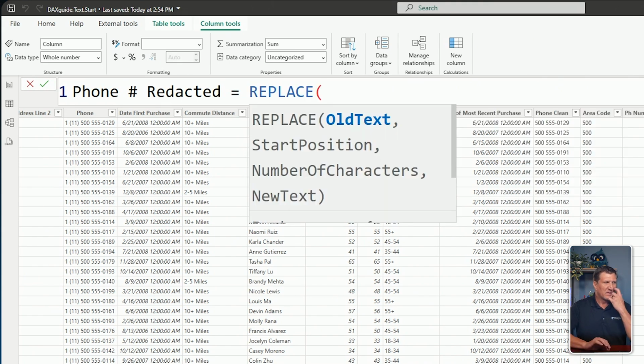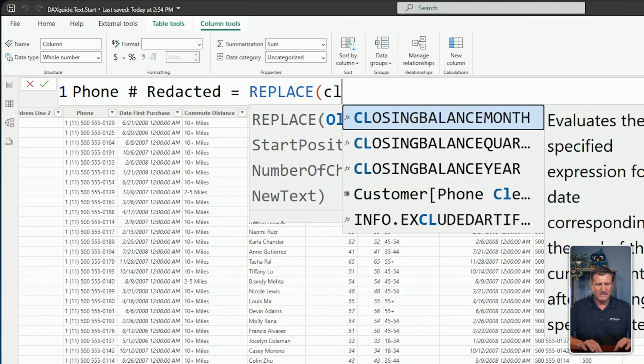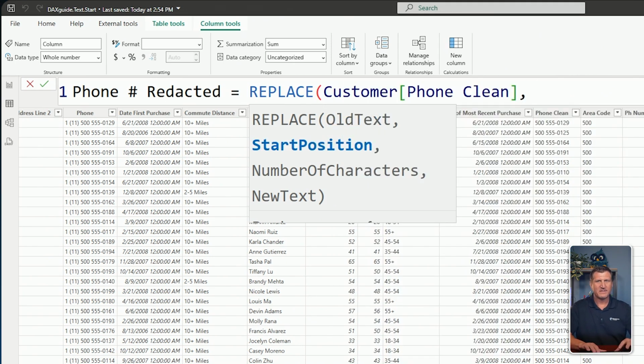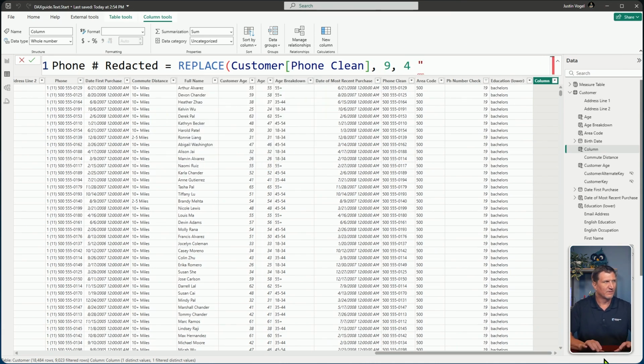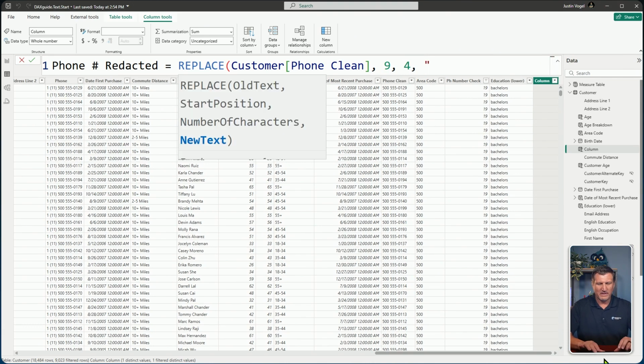Then let's use the replace function here to replace part of a text string with a different text string. So what is the old text? The old text is the phone number. So what we can do here is use the clean phone, and we're going to go in 9 positions. So we're going to go area code plus the space or dash plus the prefix. So we have 1, 2, 3, 4, 5, 6, 7, 8. Starting with the 9th position, we are going to swap out the next 4, so in this case, the last 4, and we are going to replace that with